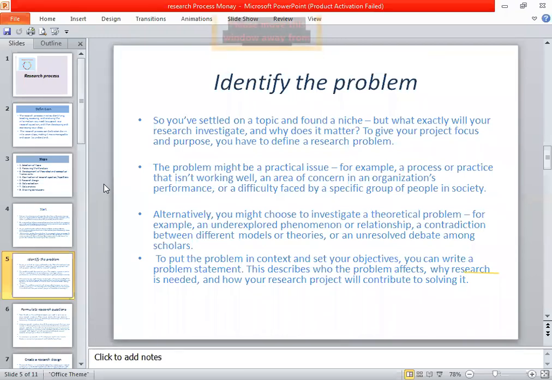प्रैक्टिकल टाइप ऑफ अ प्रॉब्लम। अब हम क्या करेंगे, ऑब्वियसली हमें इसके ऊपर रिसर्च करनी है। अगर हमें किसी ऑर्गेनाइजेशन के ऊपर करना है, एरिया ऑफ कंसर्न इन ऑर्गेनाइजेशन, परफॉर्मेंस ऑर्गेनाइजेशन के ऊपर प्रैक्टिकल प्रॉब्लम है, उसके ऊपर आप कर सकते हो। डिफिकल्टी फेस्ड बाय स्पेसिफिक ग्रुप ऑफ पीपल इन अ सोसाइटी, आप उसके ऊपर कर सकते हो।